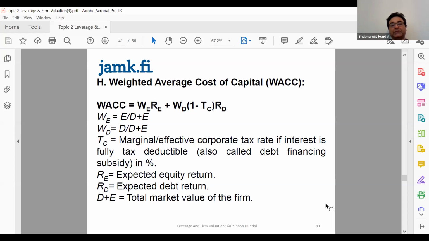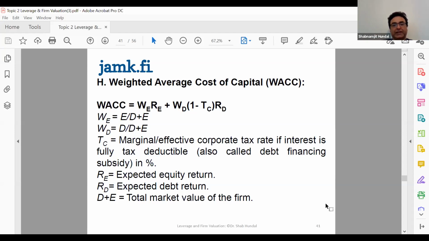The companies always try to change their debt equity ratio so that they are going to pay the minimum weighted average cost of capital. So any capital structure which is minimizing the company's cost of capital, for the same level of risk, is a wise move. That's what the corporate finance managers always look forward to. The formula is very easy. In fact, I would make some calculations soon on Excel, and then I would share that spreadsheet with you.